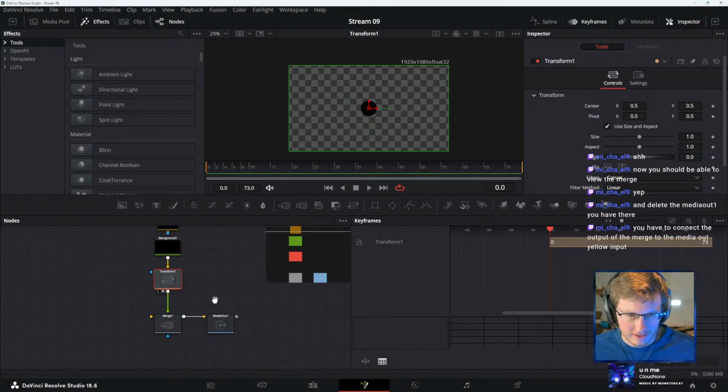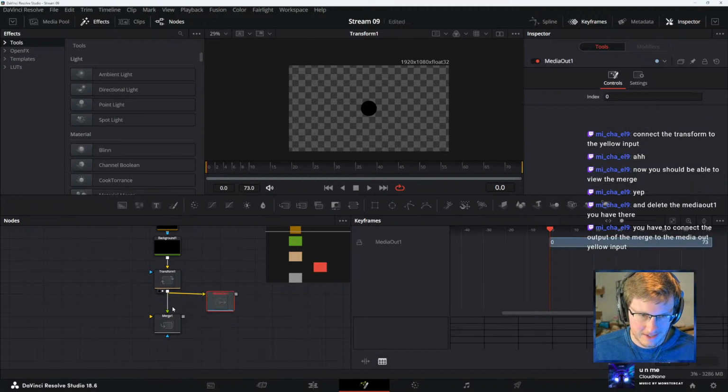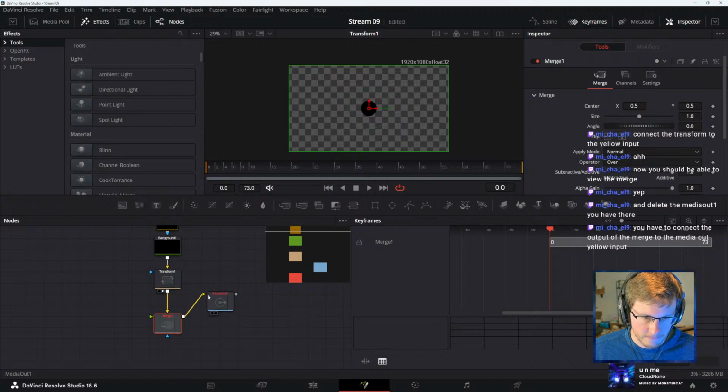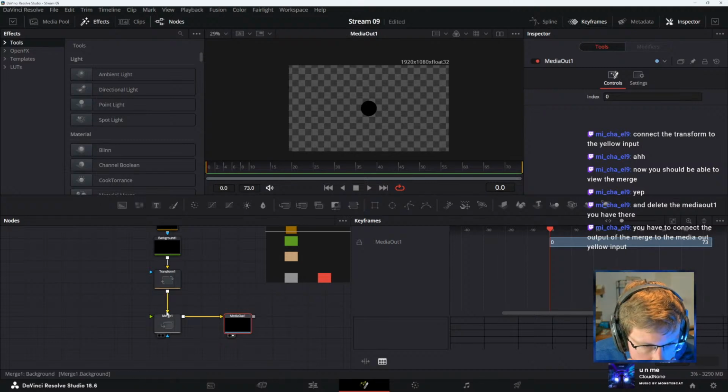Oh boy. Bumpy start. Connect the transform to the yellow input. Oh, man, that's still messing me up. There. Okay. I'm still getting confused with that.